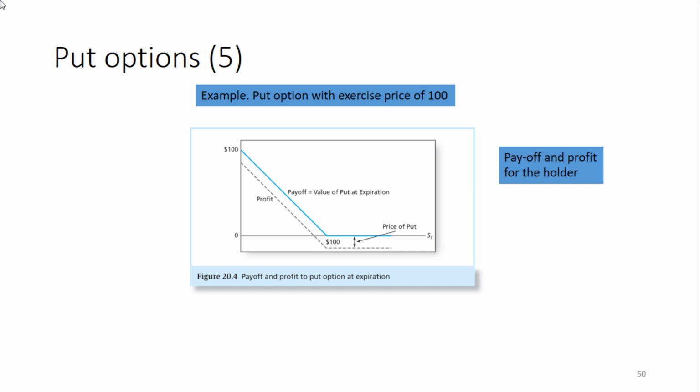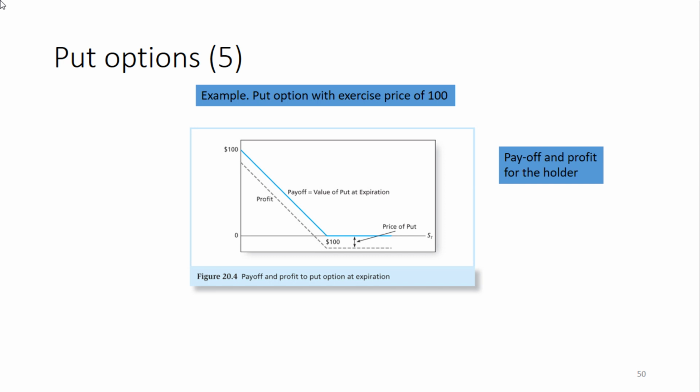If the stock price starts to be lower than the exercise price of 100, then it's attractive to exercise the put option, and we see that the value then starts to increase. So if the stock price in the end would go to the extreme that the underlying stock price is 0, then the put option would be worth 100. So you see that the blue line gives the payoff where it starts to become positive when the stock price is below the exercise price, and it's 0 when the stock price is above the exercise price.